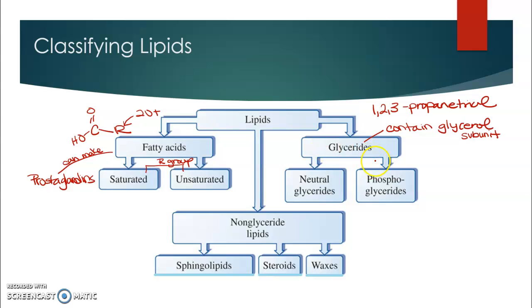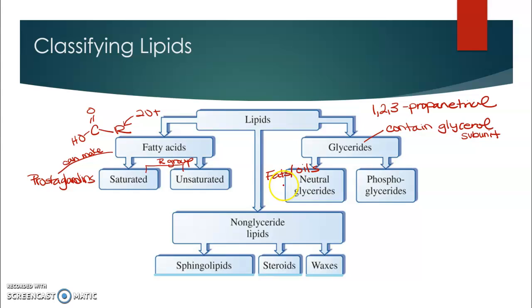So these are ones where we're going to see that 3-carbon backbone and those 3 hydroxyl groups might have reacted with other things. And we get our neutral ones, meaning they have no overall charge. And that's really going to be our fats and oils. Or if we wanted to get fancy, these would be our triglycerides. So you can even hear the glyceride in the name, triglycerides. We've talked about these before too, when we learned about saponifying, because you can saponify a fat or oil to make soap. So some of this will feel like review as well.